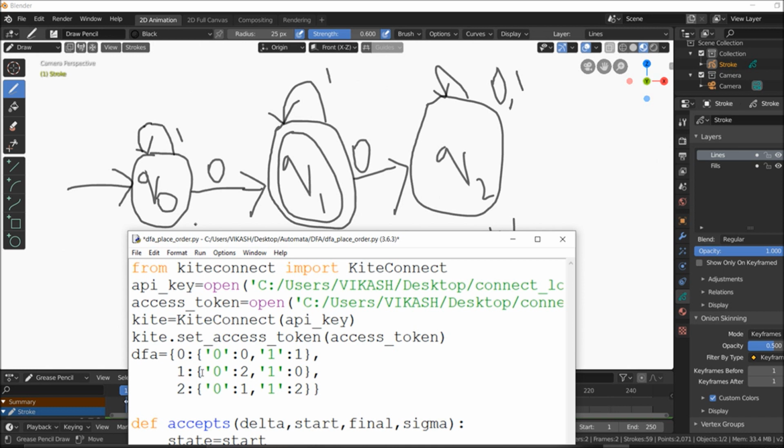We will take many of those examples. We will go with our deterministic finite automata and non-deterministic finite automata, which are part of automata theory.